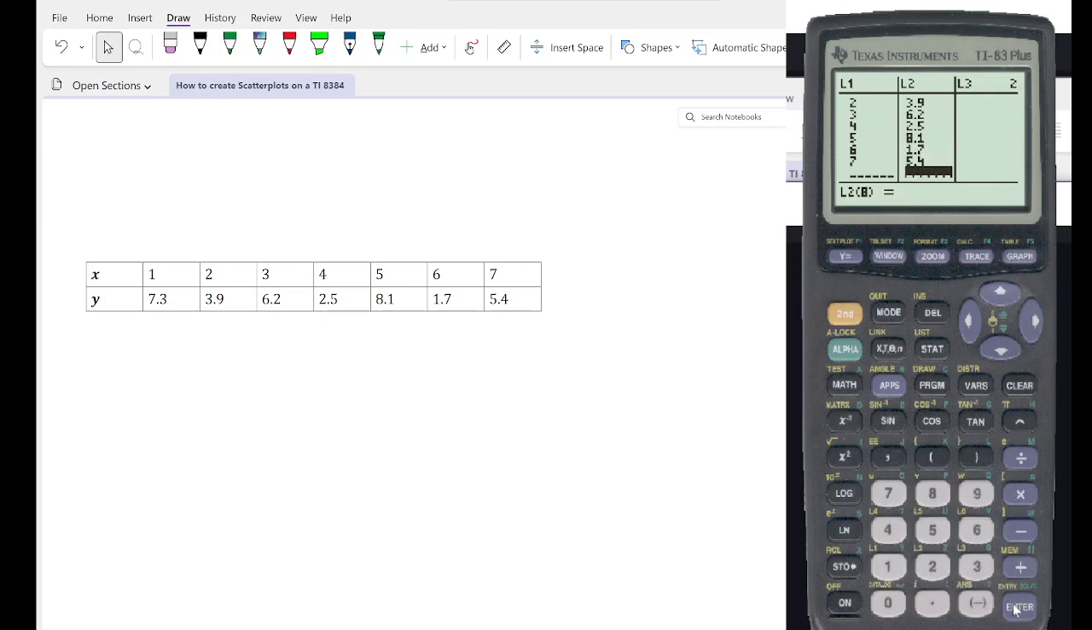So I got all my values put in, and it always is good to double check to make sure you didn't fat thumb something when you're typing it in, because sometimes you can. The calculator is going to do whatever you tell it to, so it never hurts to double check. Go to Zoom, and I'm going to go to ZoomStat, and I'm going to hit enter, and I'm going to look at,